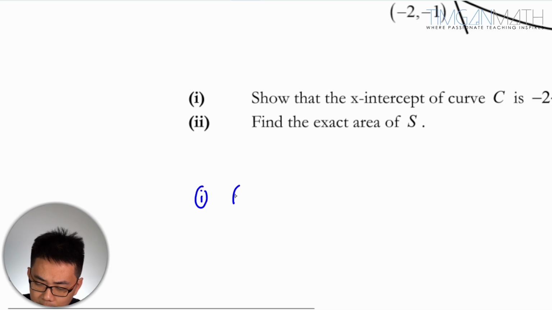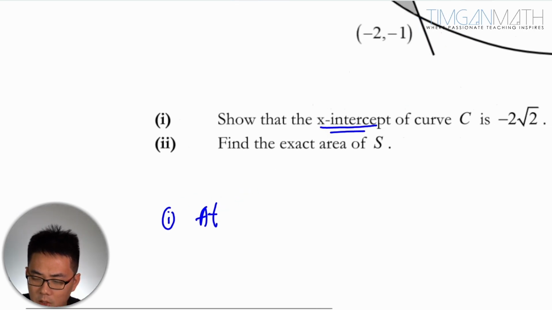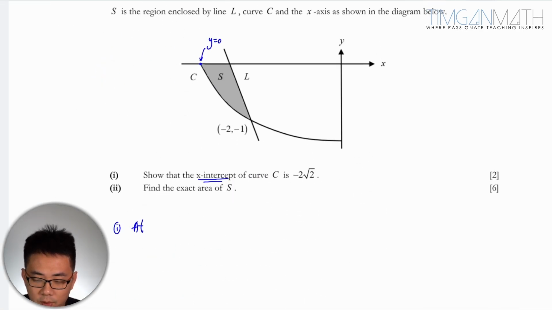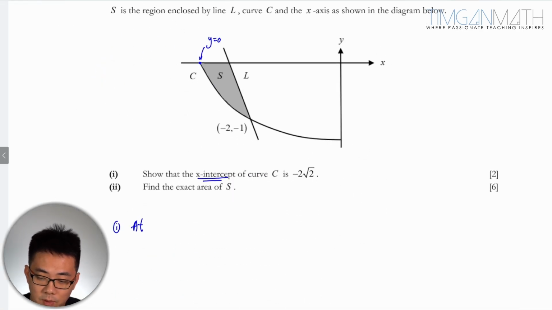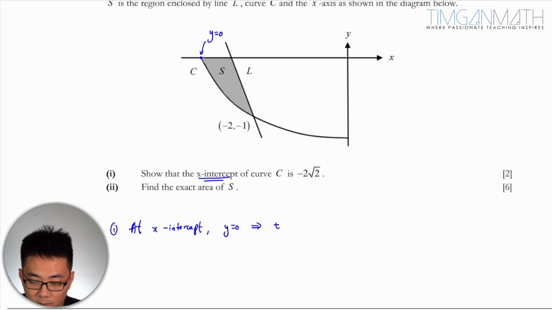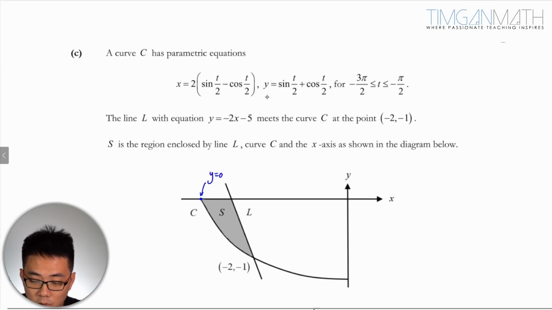At the x-intercept, you know very well that this will just be y equals 0. Now when it comes to parametric equations, the parameter is important. So at the x-intercept, what I need to do is find what my parameter is which corresponds to y equals 0. So when y equals 0,